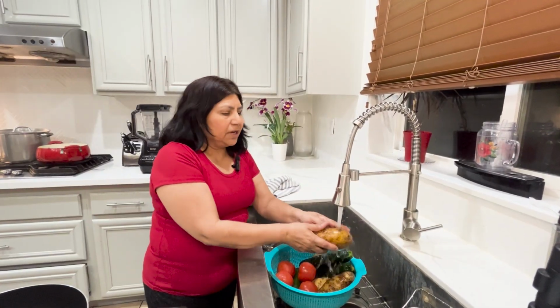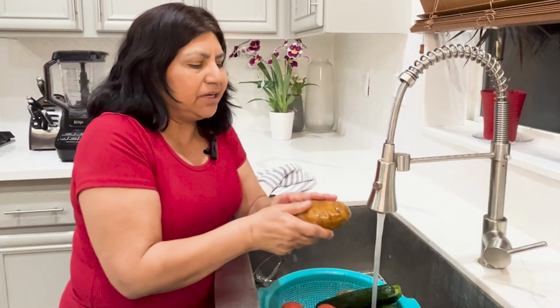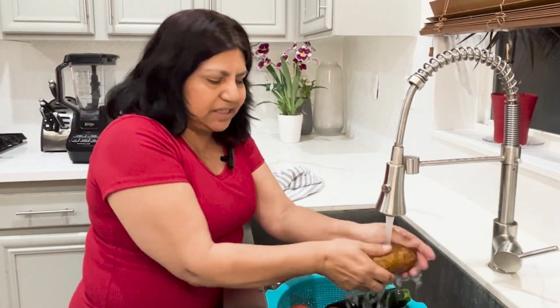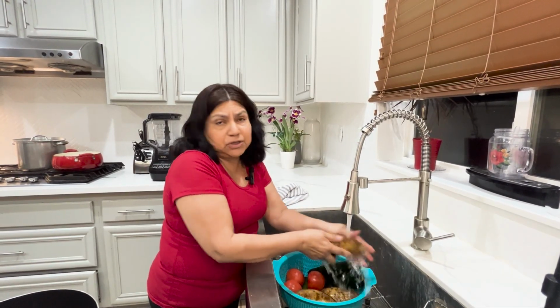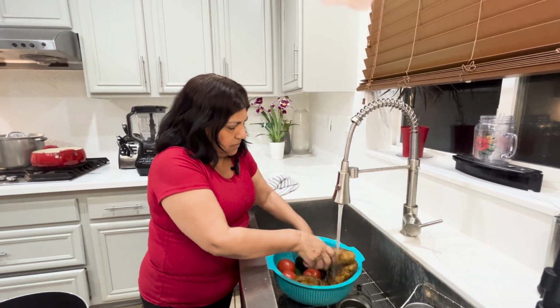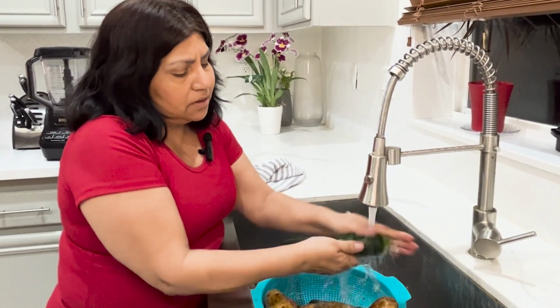First, it's important that you wash all your vegetables. I'm going to use the potato skin because I think it gives a good taste of it. But make sure you wash it really thoroughly because you don't want to eat dirt. So make sure you do that. It's easy. Then you don't have to worry about peeling. I am going to peel the